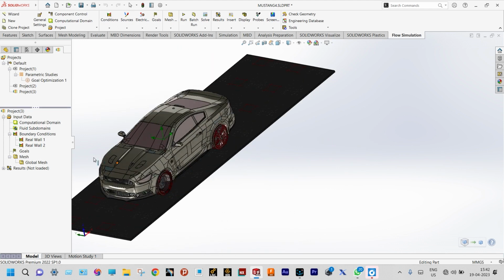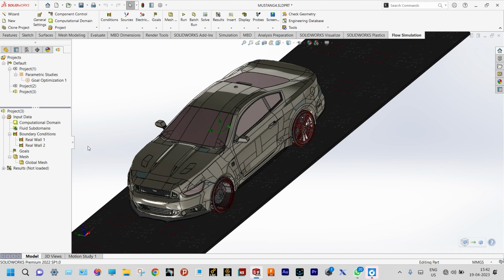Next to that, we need to select some goals, right? It will be global goal. At the same time, we need to find out some kind of surface goals and also equation goals. From equation goals, we will determine the coefficient of drag. That is very important in case of this aerodynamic analysis, right? So starting with goals,